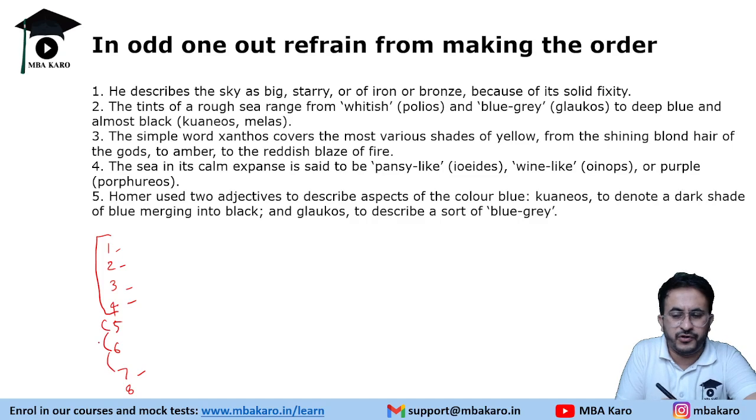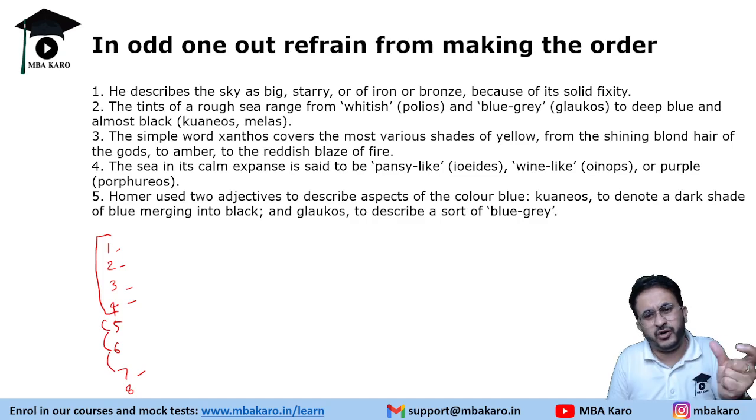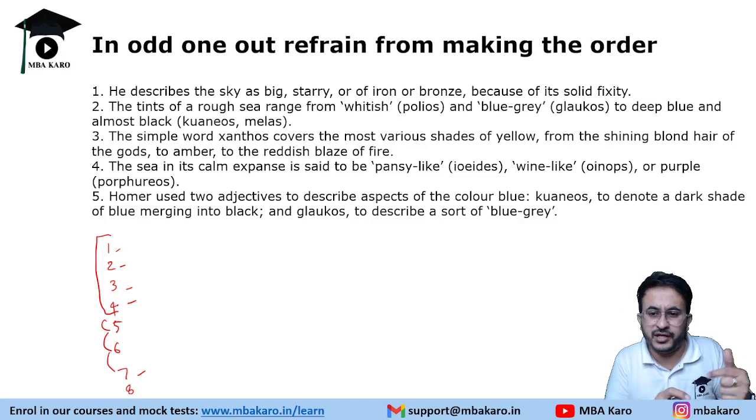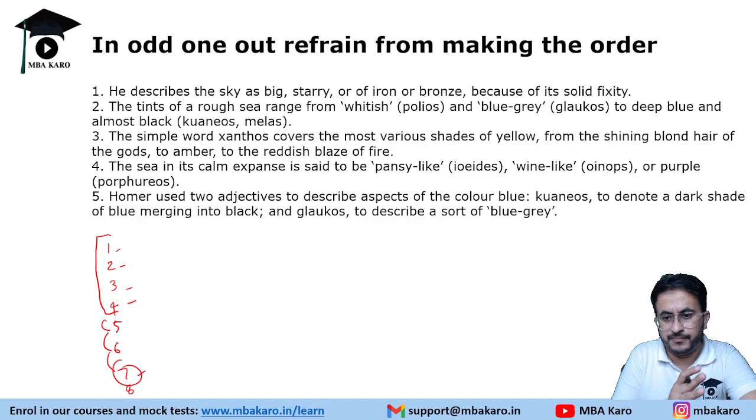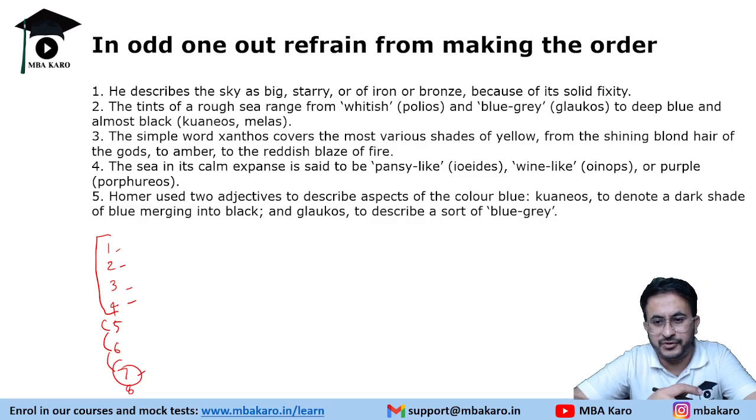As we move away from 4 to 7, the link may not be very evident, right? So 7 might start talking about a slightly different theme. Although the theme will be the same, the topic will divert a bit, so it becomes an odd one out. Okay, so that's how it's structured, and then you randomly jumble these sentences.